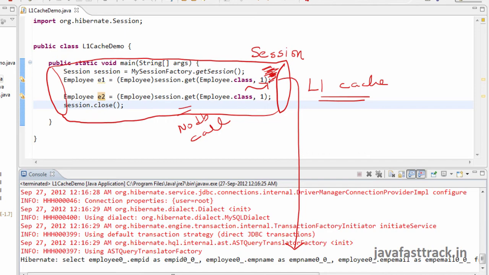If data is there in the same session, you will get it. If data is there in a different session, you will not get it. If you want to retrieve data from a different session, then you must use something called L2 cache.